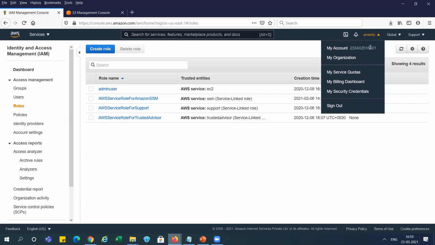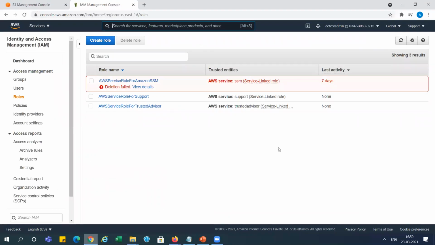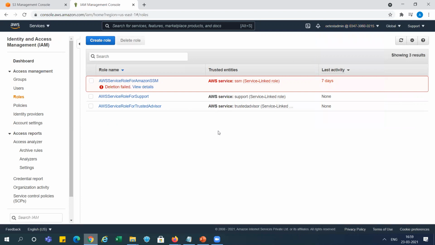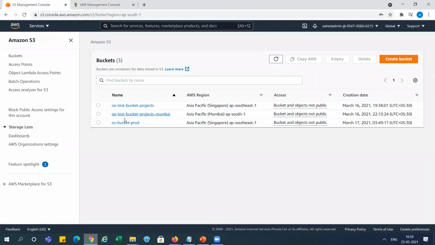It is account A. And I have a second one in a different browser. You can see the second account number ends with 5. That means this is our account B. We will start from account B because the buckets are available in account B.